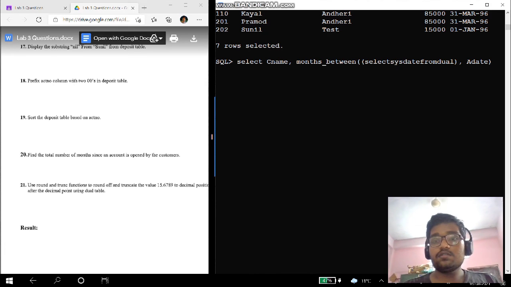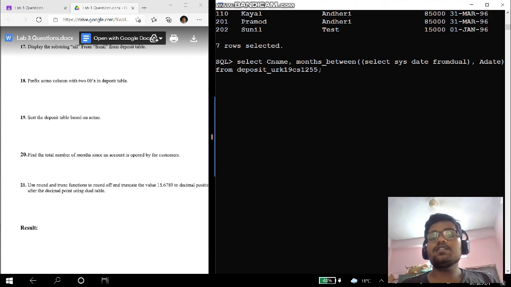Now we need to mention the table name, from deposit table. What we have done is select the customer name, and we will be displaying the months.